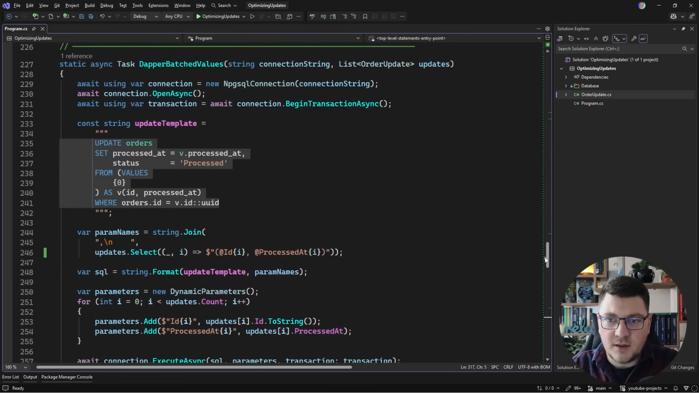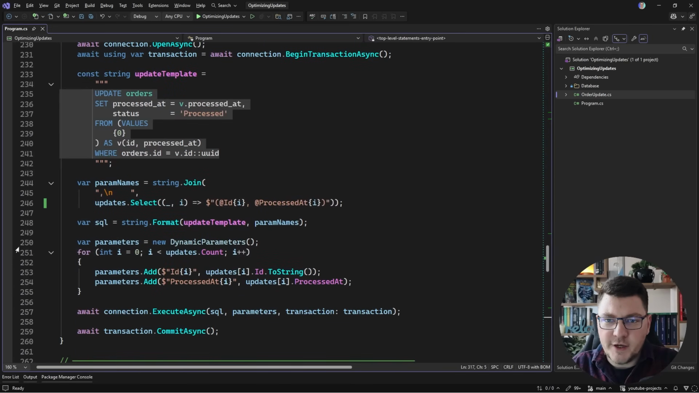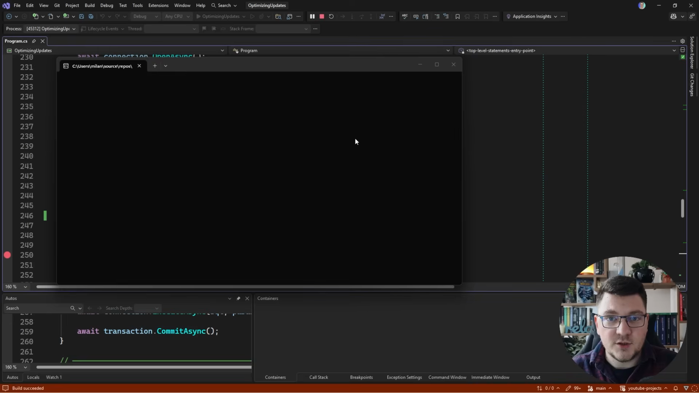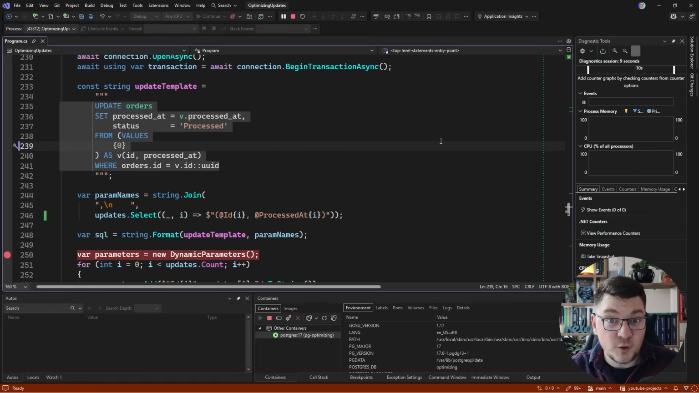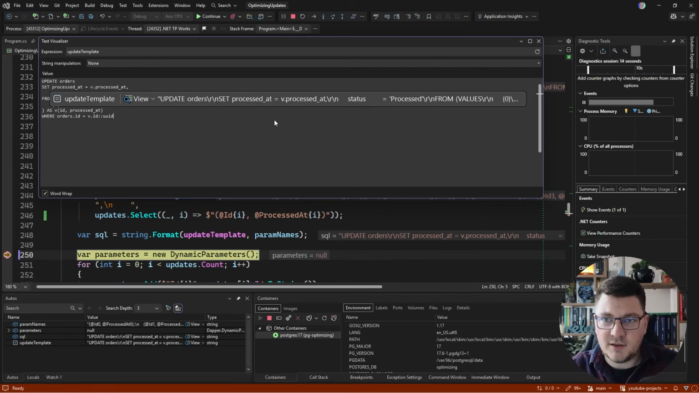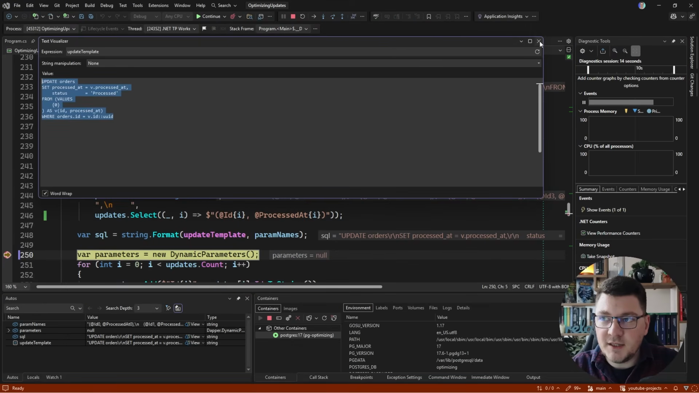So let's start this up. And I'm just going to add a breakpoint, I believe here will be appropriate, just to show you what the SQL looks like before we send it to the database. And I'm not going to show you the performance difference between these approaches just yet. I just want to complete the example, and then we're going to talk about the numbers. So here's our update template. It contains our update statement, but